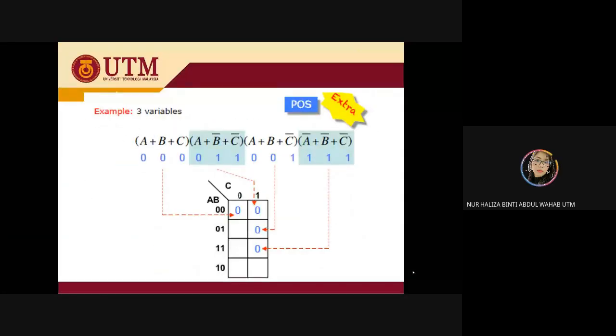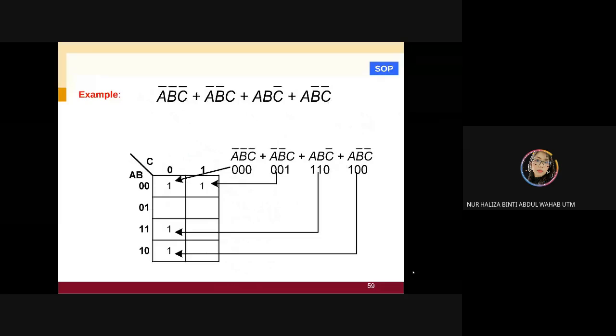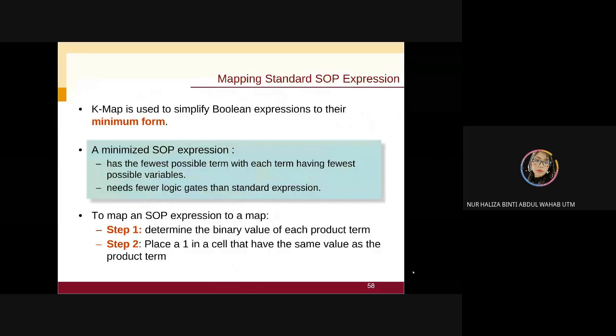Okay, previously we had covered how we're going to map